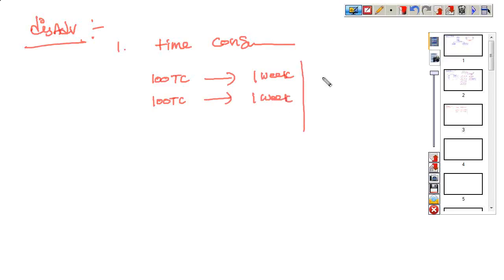But if you come to automation, to execute 50 test cases, meaning test scripts, only the first-time preparation takes 1 week. The second time I want to execute the 50 test cases, 1 day or 2 days is enough, because the script is already prepared. I only need to execute the same script. So we need very little time to complete it, and it is also faster compared to manual testing.